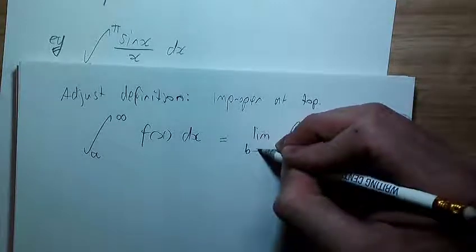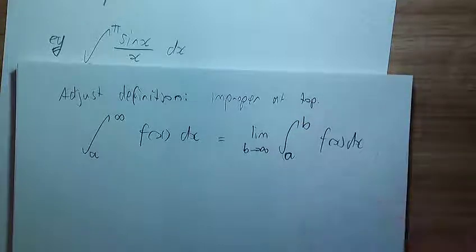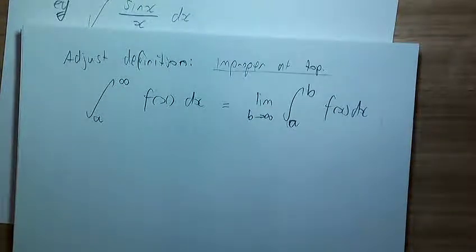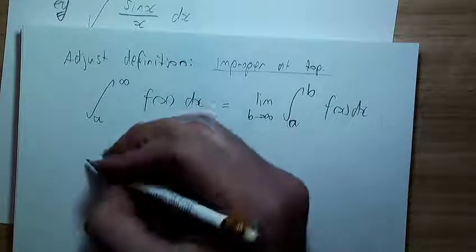And we'll just say that after we've calculated this, which will turn out to be a formula involving b, then we'll do the limit as b goes to infinity. So that's an improper at the top. Improper at the bottom is the same, including if it's got a number down there, for example. So